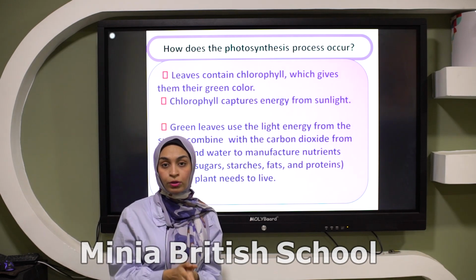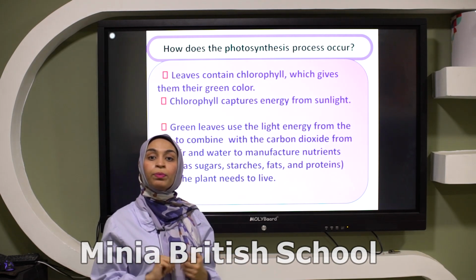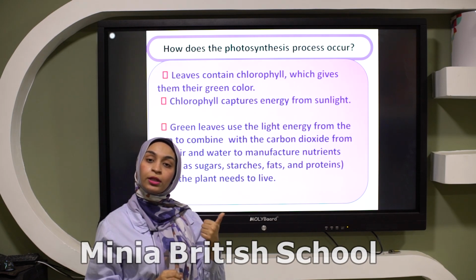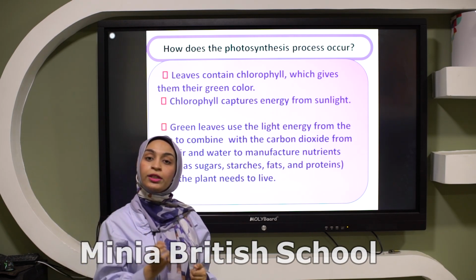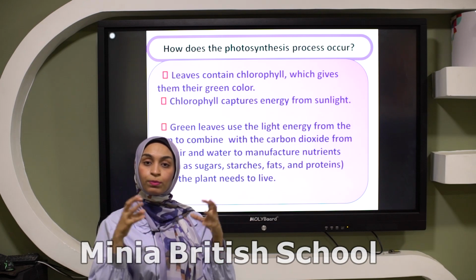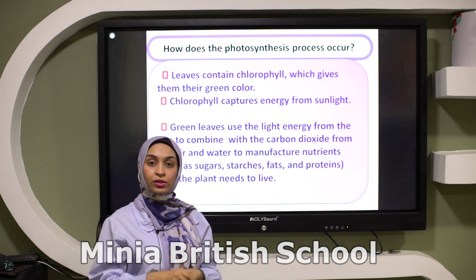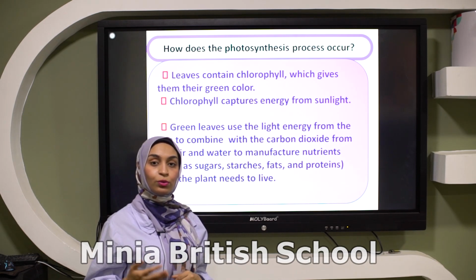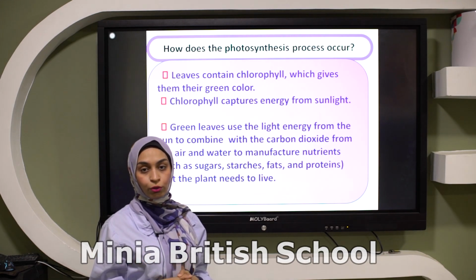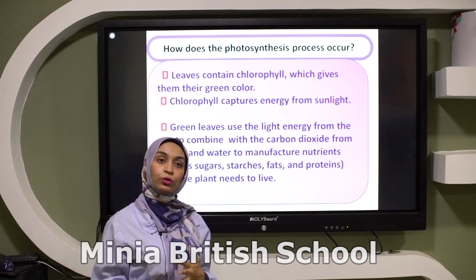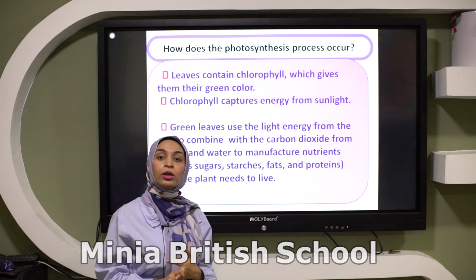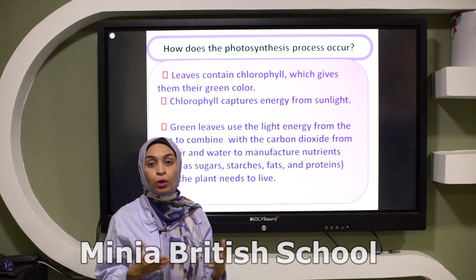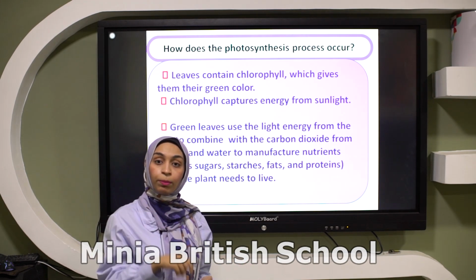When the water and the mineral salt reach the leaves, and at the same time it captures sunlight from the sun and absorbs carbon dioxide gas from the air, the photosynthesis process happens in the leaves. After that, it can produce its own food in the form of sugar called glucose, producing water vapor, and also producing oxygen gas, which is very important for all living organisms, even the plants, to